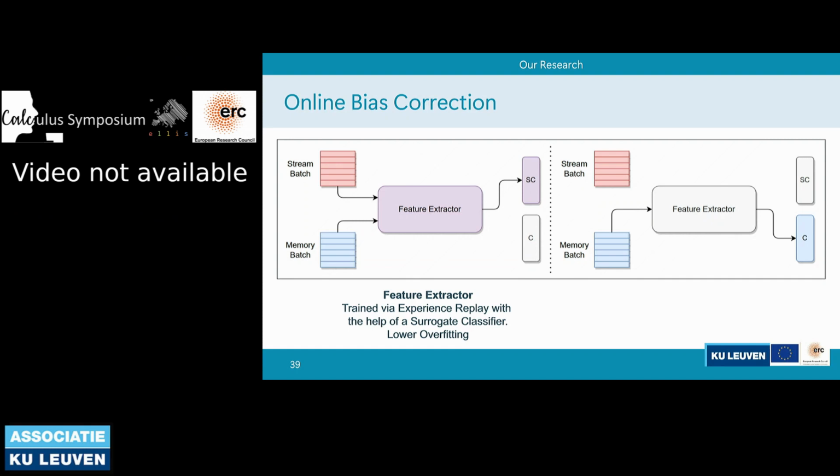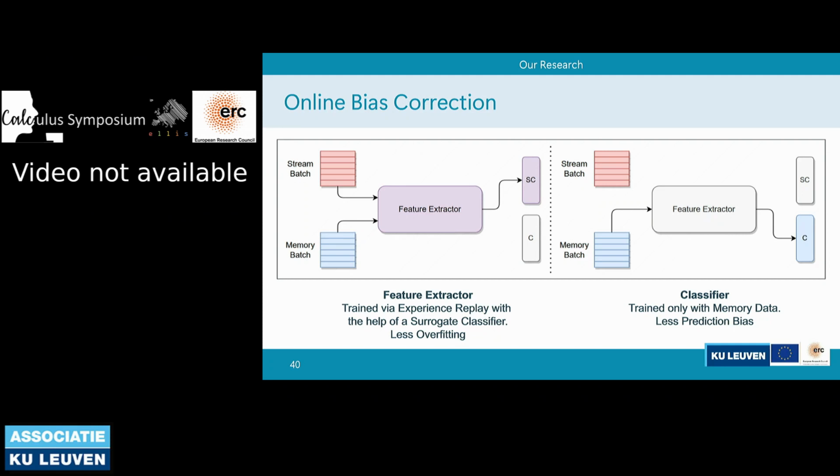Here we use both stream data and memory data to train the feature extractor. And on the right, we train the classifier layer on a different training step, and here the classifier layer is trained only with memory data. And we do use the feature extractor to compute latent representations in order to get predictions for the classifier, but we do not update the feature extractor in this training step. So here on the right, the feature extractor is frozen, and only the classifier is training, and only with memory